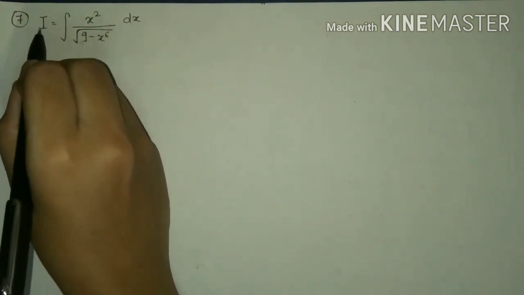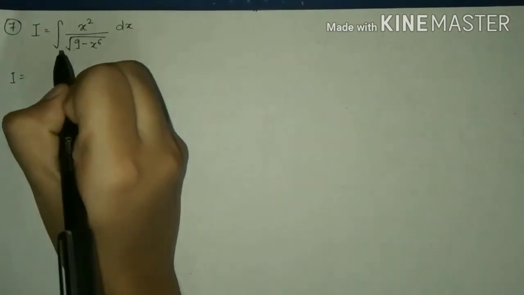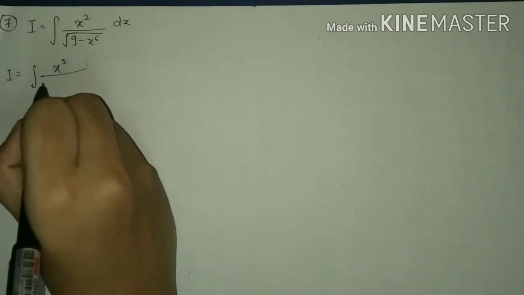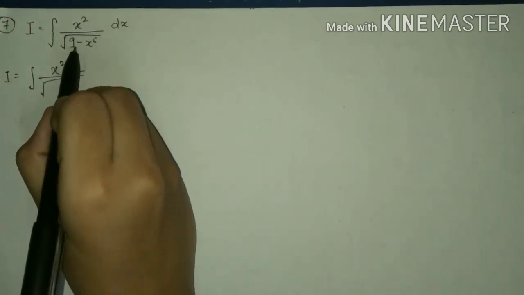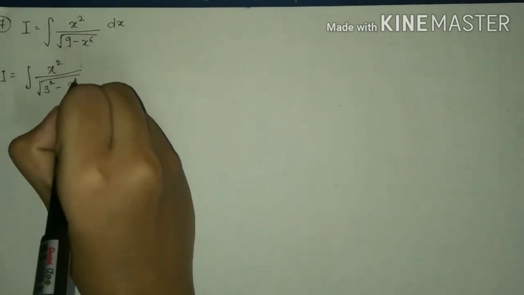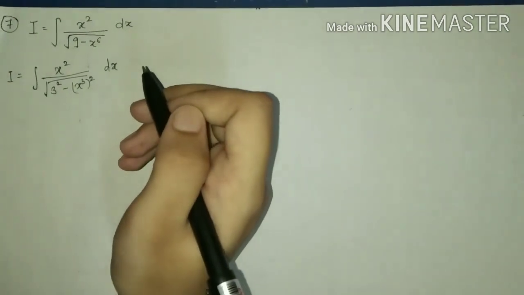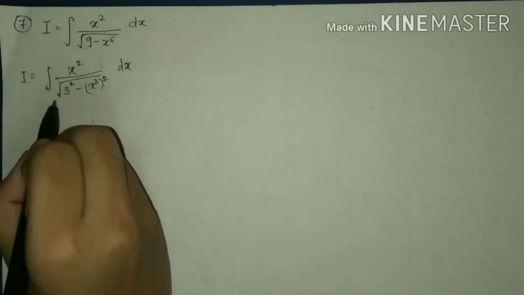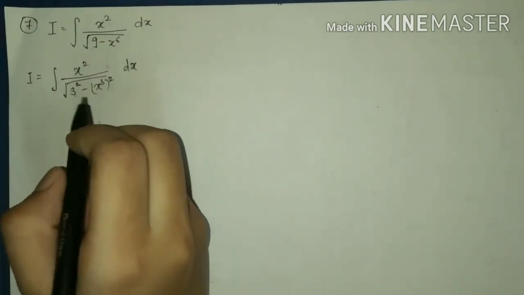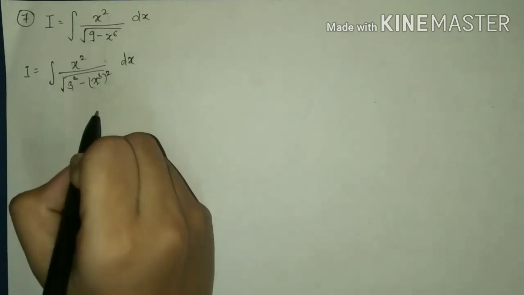So here they have already given it is equal to I. So proceeding further with the sum, I equal to integration of x square upon under root. If you will get to see, this is 3 square. So let's write it as 3 square minus x cube the whole square dx. Integration is all about how you manipulate the basic sum to get the desired output. So here we get 3 square minus x cube the whole square. Now if you will see, if I put x cube as t, I get 3x square.